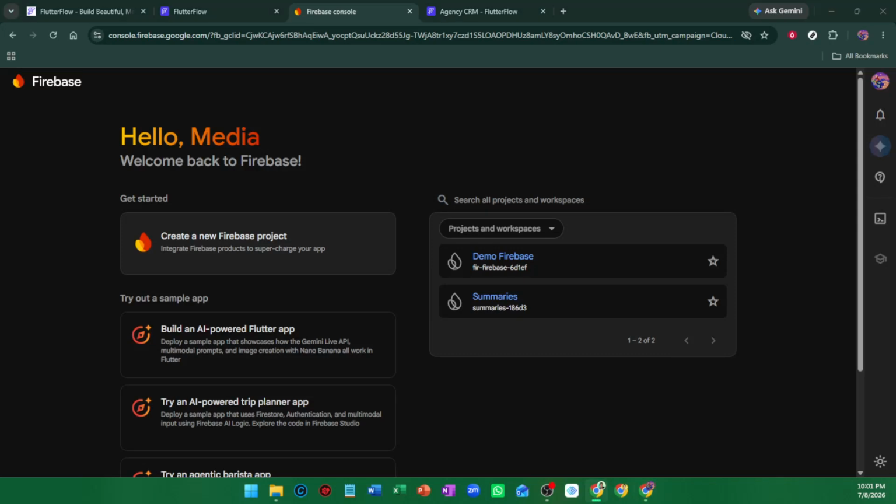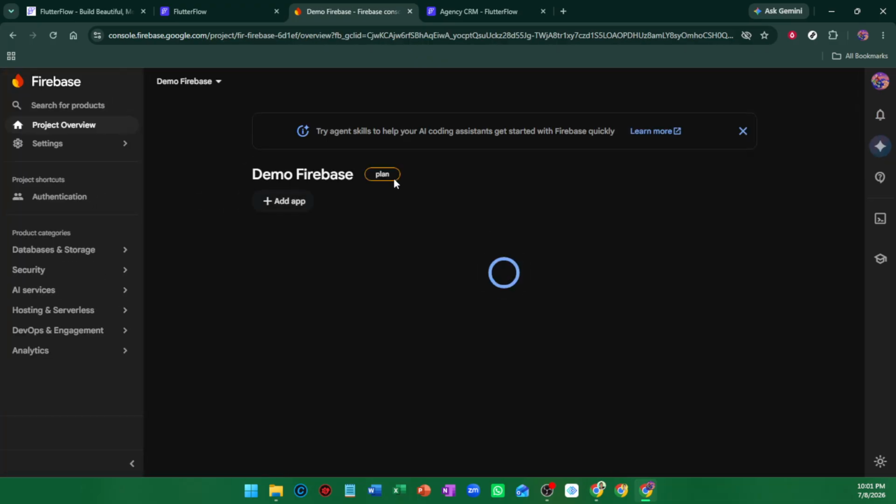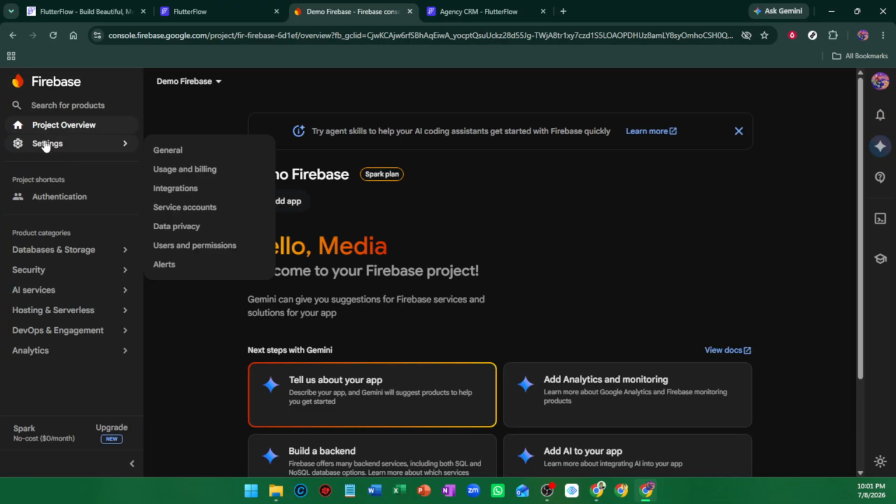In today's video, I'm going to teach you how to add push notifications in FlutterFlow. To get started, the first thing you need to do is head over to your Firebase console and make sure cloud messaging is enabled for your project. This is an important foundation step because push notifications in FlutterFlow rely on Firebase cloud messaging to actually deliver messages